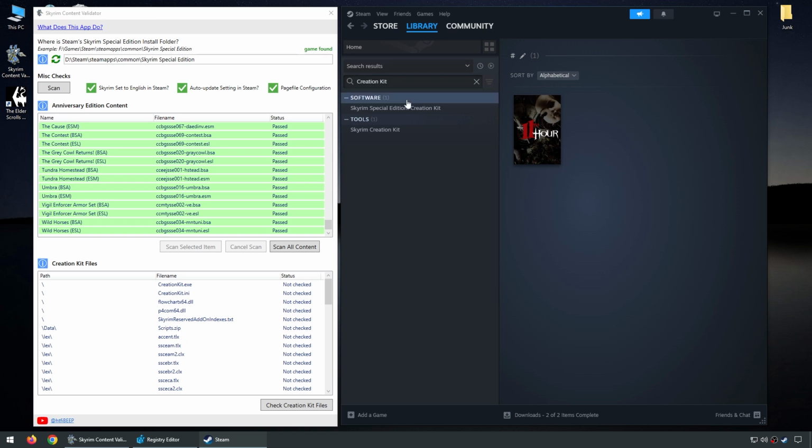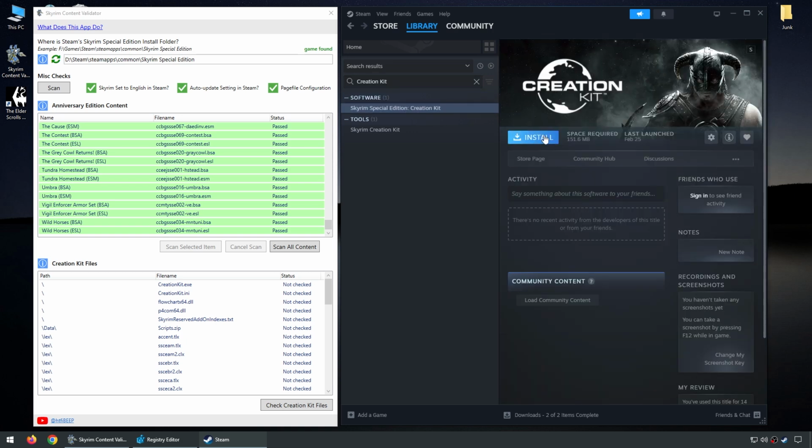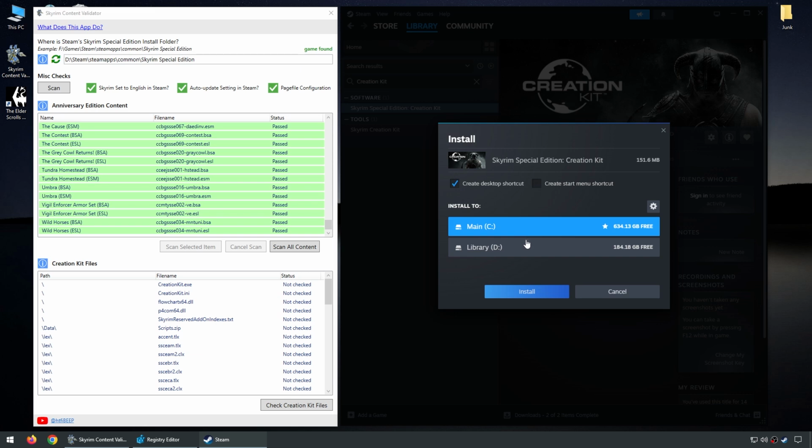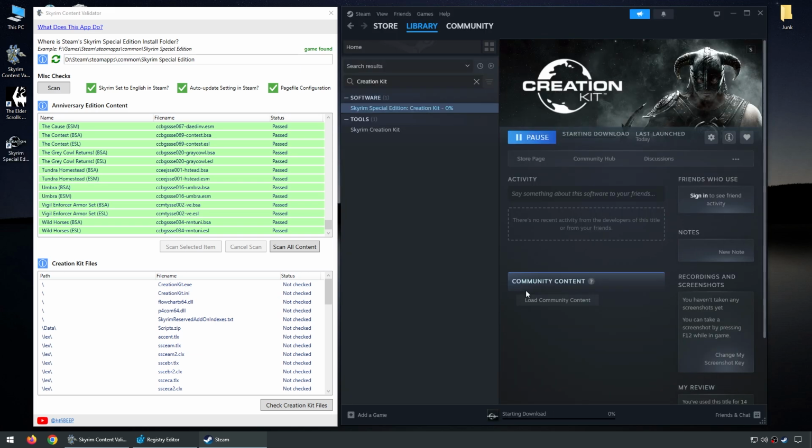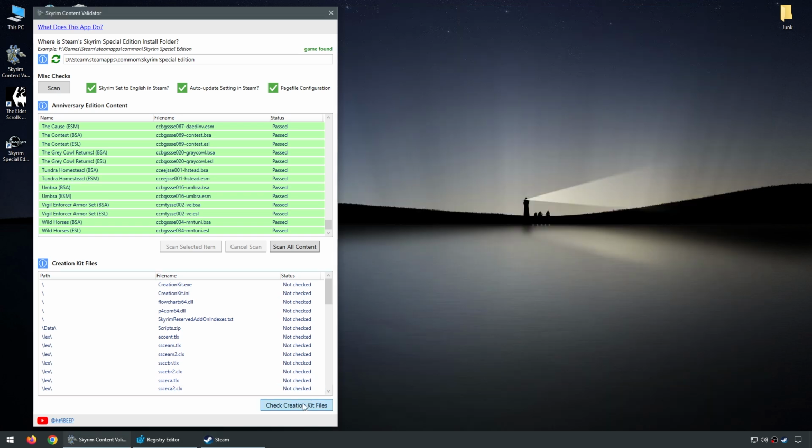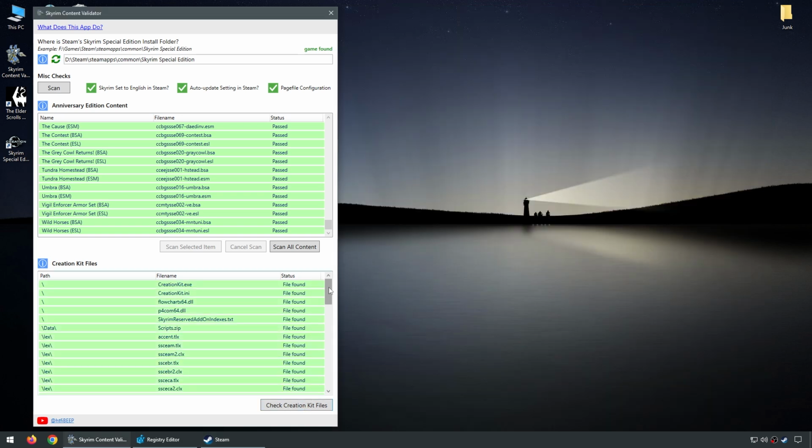I'll select that entry in the left pane, and then click the Install button on the right. For the destination, I'll select the D drive, since that's where I put the game, and click the Install button. While it's not necessarily required, I like to set the update method for the Creation Kit to also wait until I launch. Back in the validator, I'll click the Check Creation Kit Files button, and it will search for the